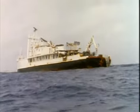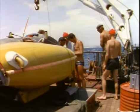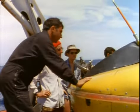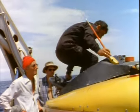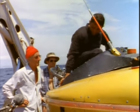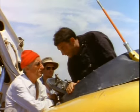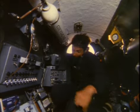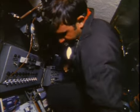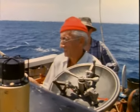January 27th. The week is up. Mollard reports the mini-subs are ready. Today, Falco will make a preliminary dive in number 1. The complex routine of checklist and countdown must be precise and complete. The directional gyro on the mini-sub is aligned with Calypso's own gyro compass, with headings called down from the bridge